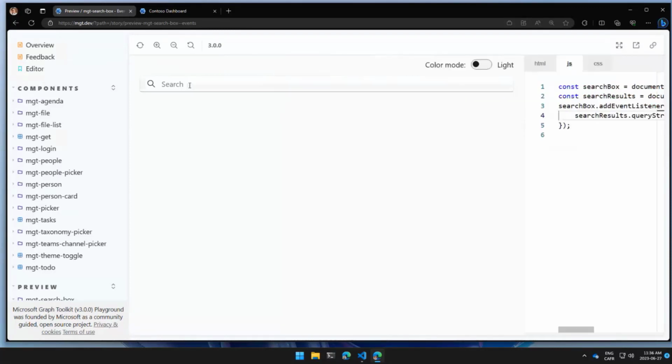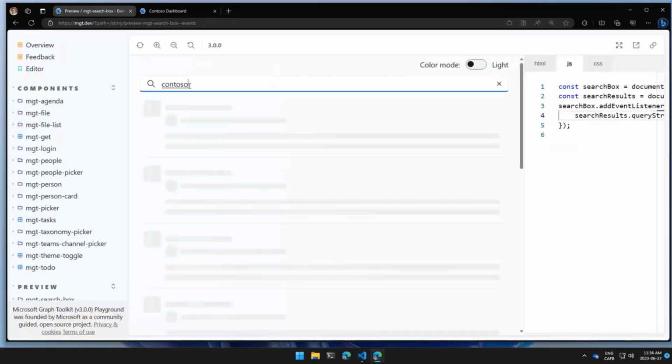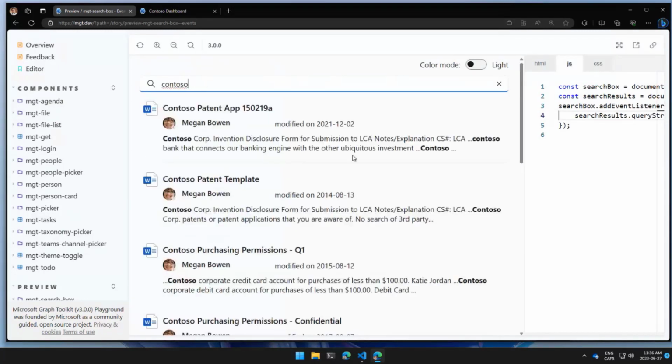So let me go there and let me search for Contoso. And now when I hit enter, automatically I can find all the Contoso drive items that are anywhere in Microsoft 365. Here, I did not specify a specific location or a subpath or whatever, which are all things that you can do. But I went the most generic possible, where I can find these components.